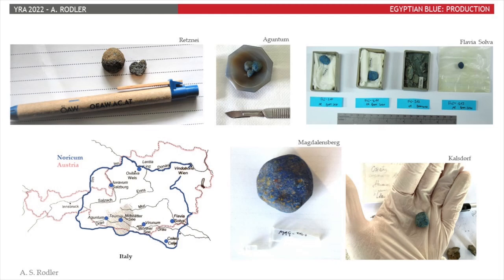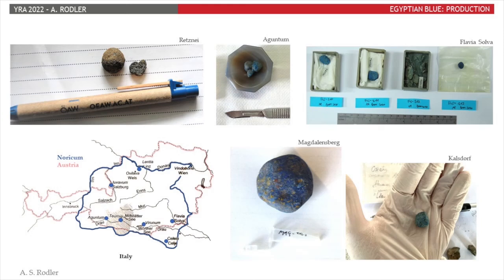And all of these are from the Roman periphery, from Noricum, which is overlapping with present-day Austria. You can see here in the map, the blue signifies the borders of Noricum, whereas the red would be present-day Austria. And now a way of investigating this and looking at these different materials that were found at different